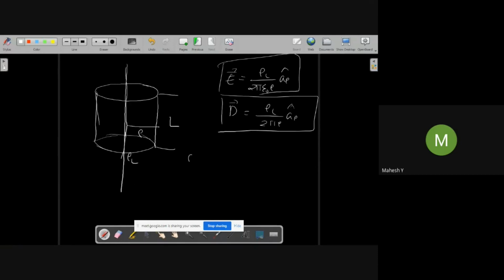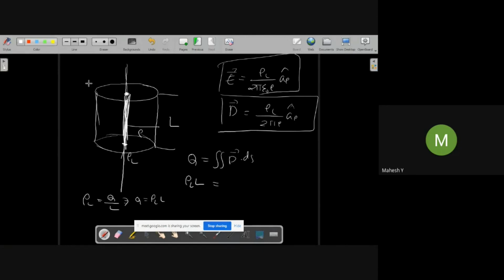Now we know that according to Gauss's law, Q is equal to double integral D dot ds, right? So we have to find the total area, so you have to multiply with all the components. So Q enclosed is from this region to this region. Here, what is the total charge? We know that the charge density rho L is equal to charge by length. So charge is equal to rho L into L. So I can write here rho L into L is equal to